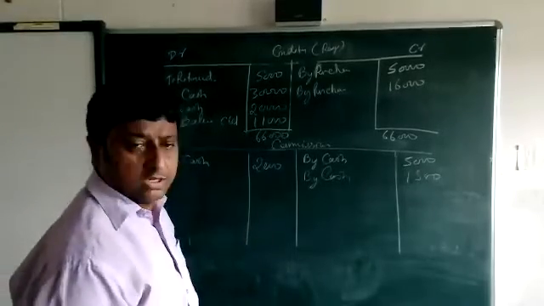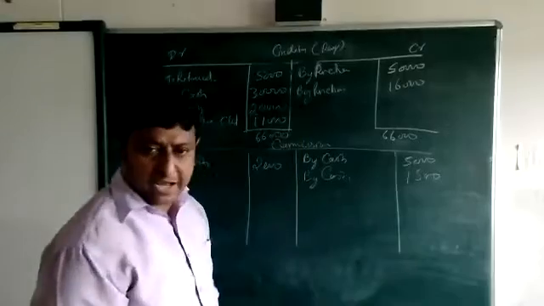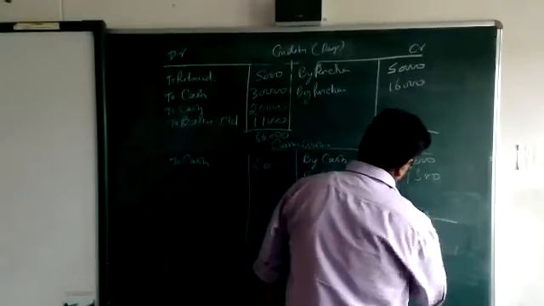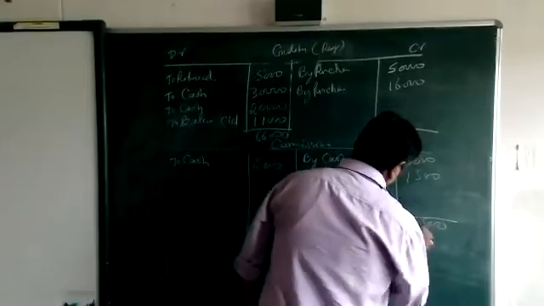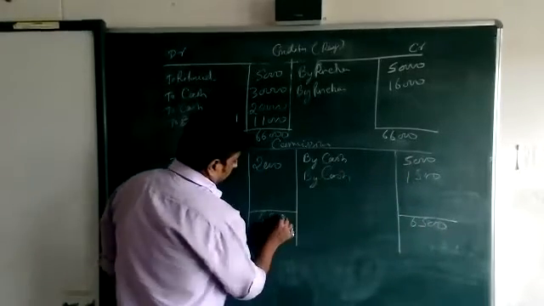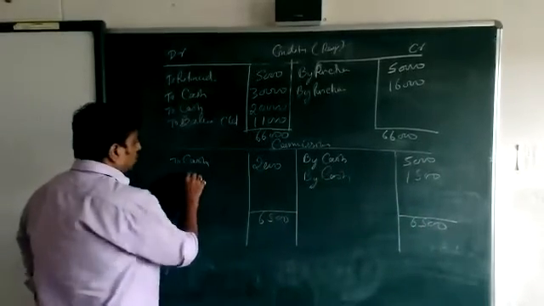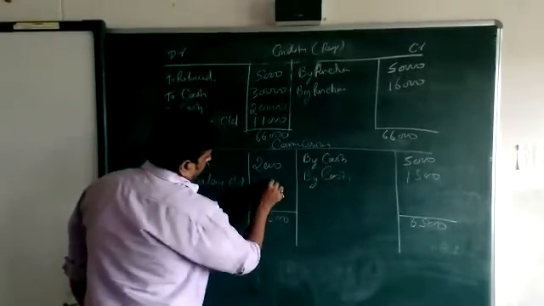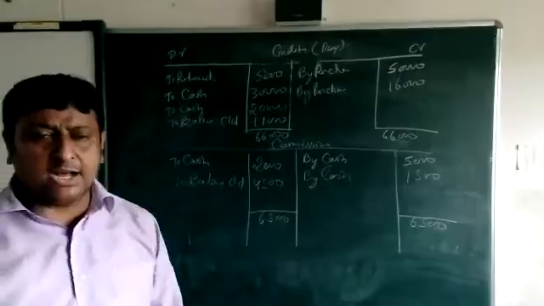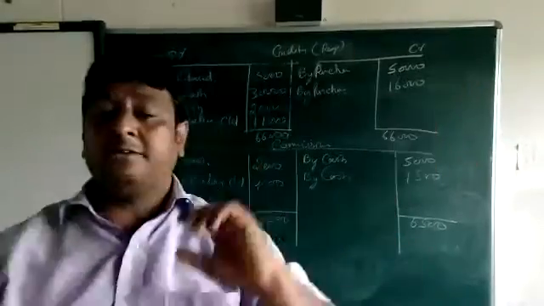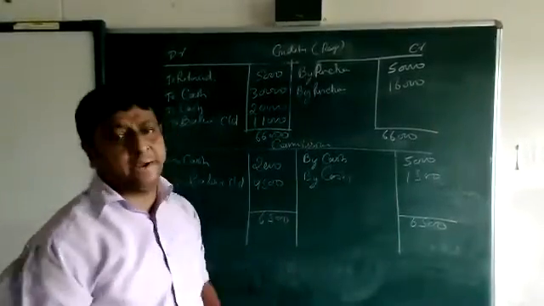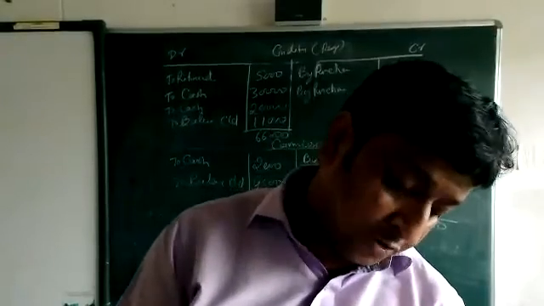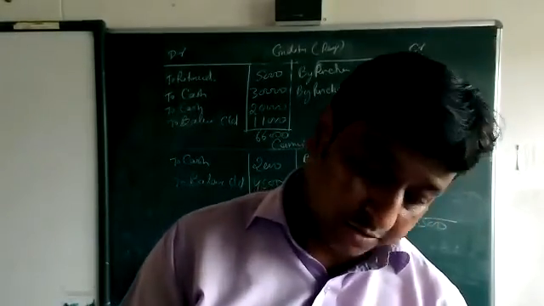Now come on to this account. That side is 6,500 and this side only 2,000. Which is bigger, beta? This side, 6,500. Now to balance C/D, 4,500. Beta, this is the way by which we make the T-shape and then balance. Okay, beta? First the T-shape and then we balance the account.